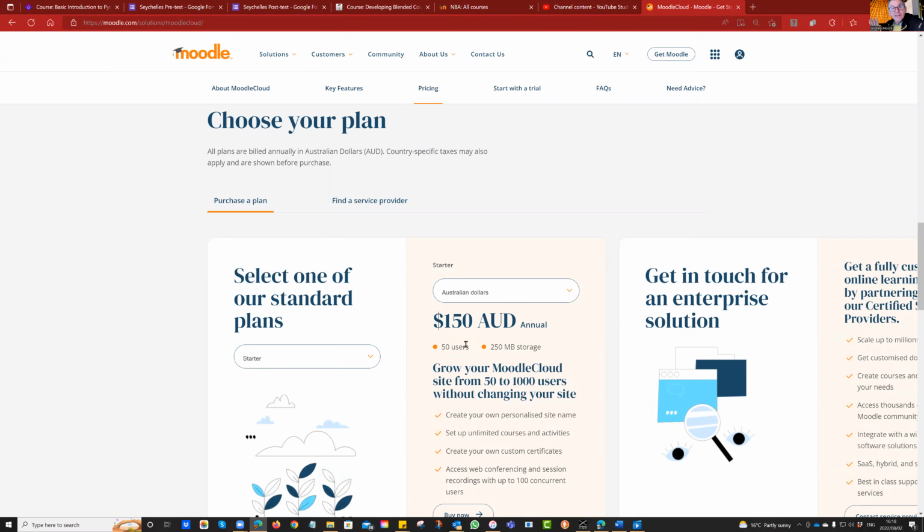Now, I wouldn't go this route. The ministry is setting up their own Moodle platform, which will allow educators in the Seychelles to actually have a space on there to do your own one. But if you're tired of waiting for the ministry and you want to have a go, then try the starter. And if you're really, really into it, you've got to dig out 150 Australian dollars.